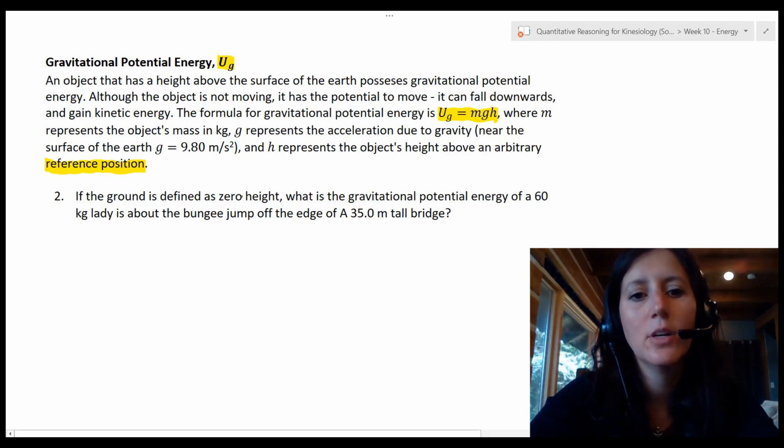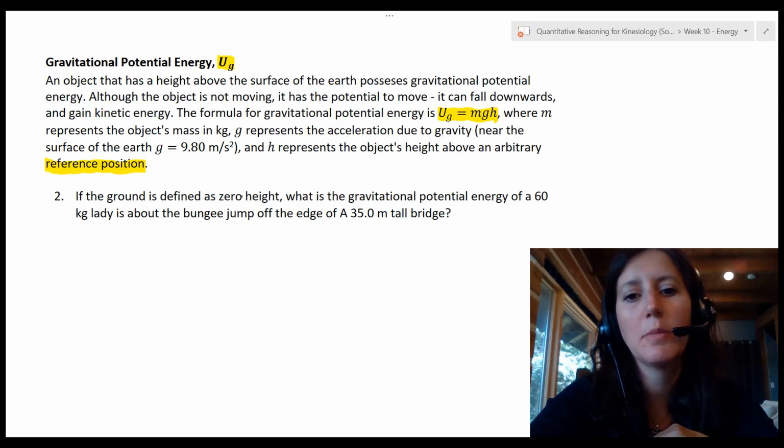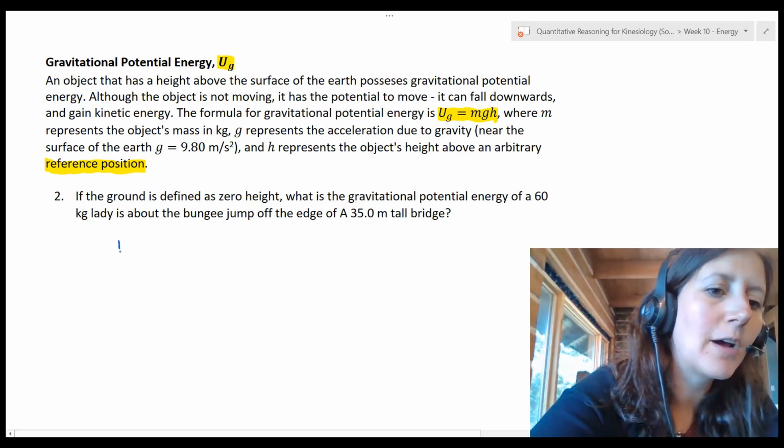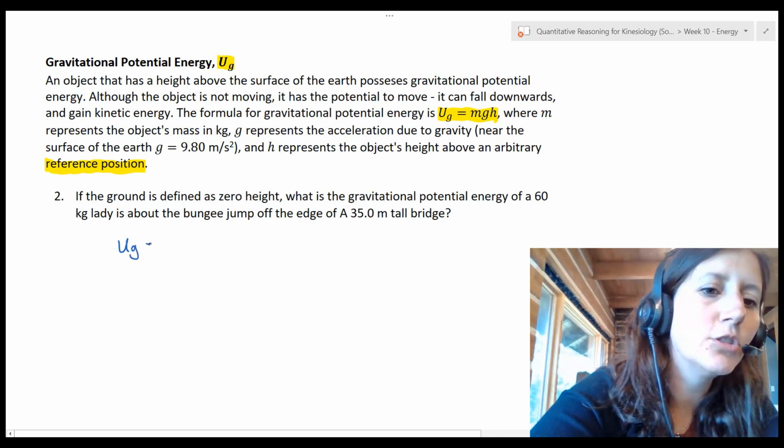That's where the height is 0. What is the gravitational potential energy of a 60 kilogram lady who's about to bungee jump off the edge of a 35-meter tall bridge? Okay, so I'm just going to put in the formula for gravitational potential energy, UG equals mgh,